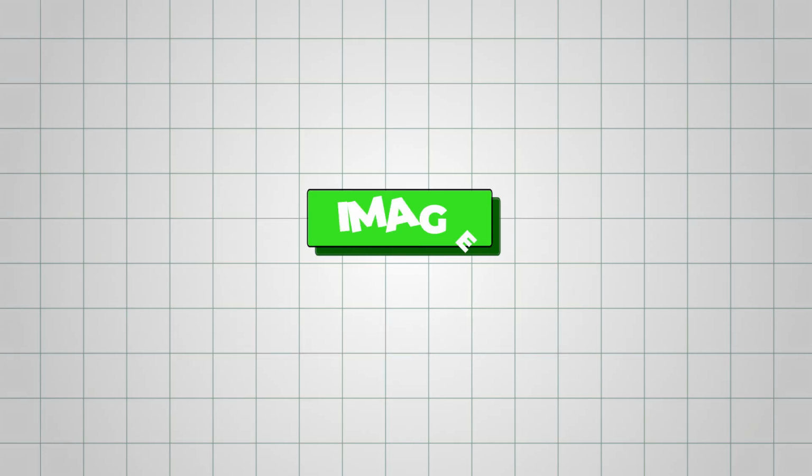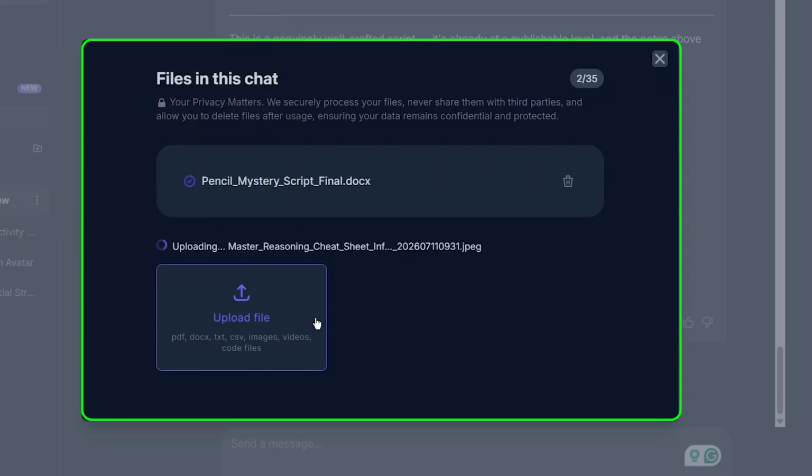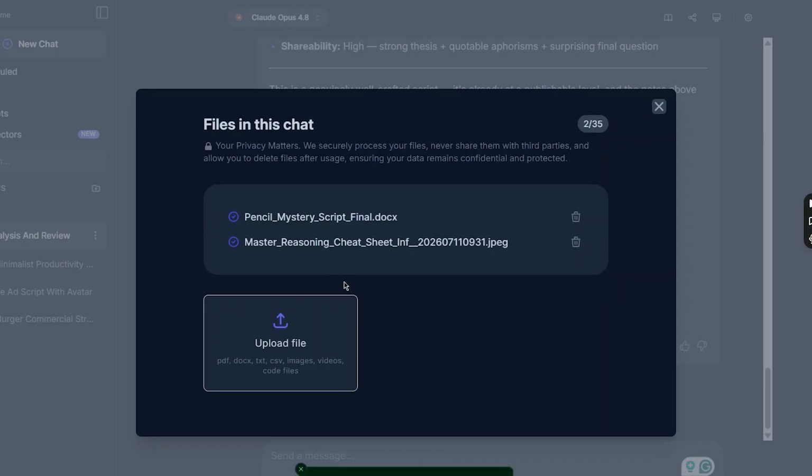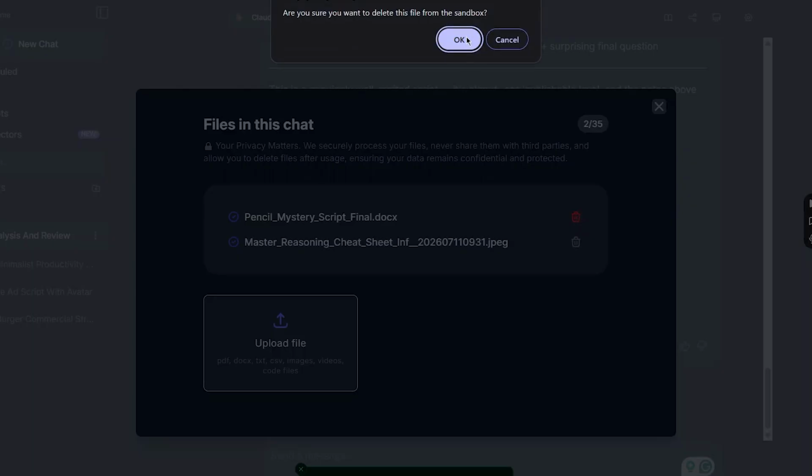Now let's try an image. Click the plus icon again and upload a PNG file. You'll notice the previous PDF is still attached to the conversation, allowing Marky to reference it whenever needed without uploading it again. Since we want to analyze only the image, simply remove the previous file, upload the PNG, and ask